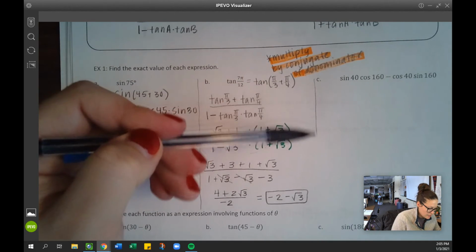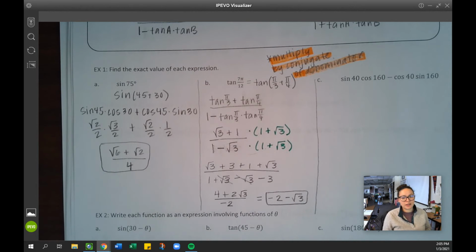So it gets a little messy there with the conjugates and that sort of thing. But that's how you use the tangent. All right,